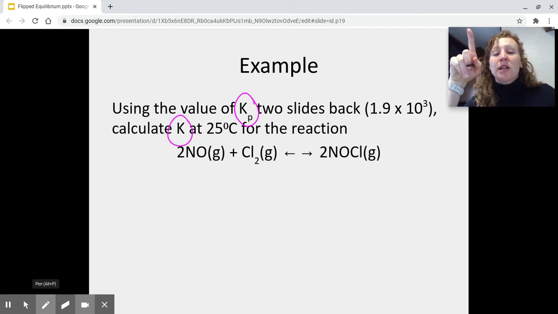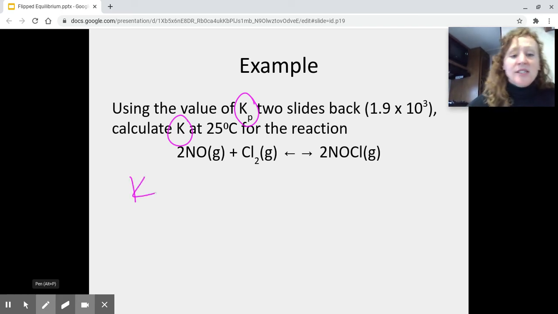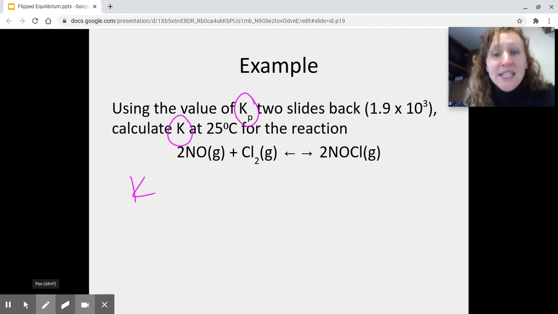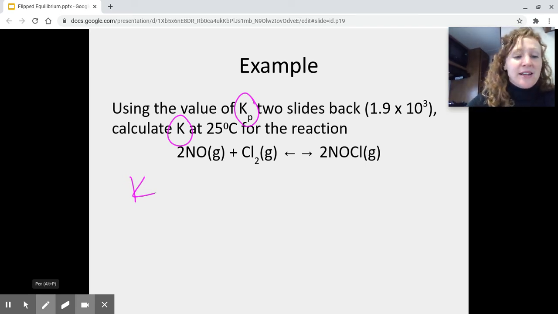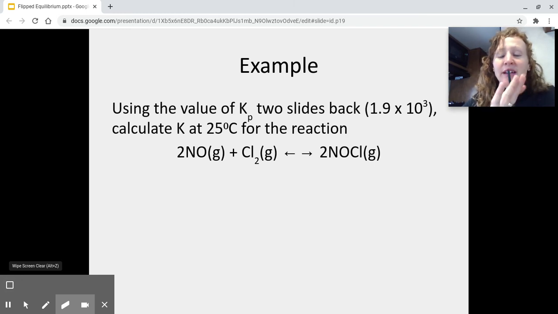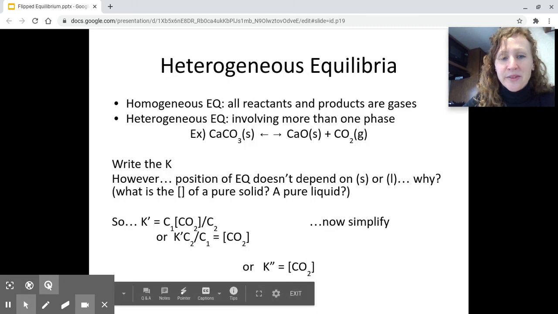So notice, before we even begin this, if they list K, they just say, write the K, write the equilibrium constant. They are referring to the one in terms of concentration. Kc is kind of your default. So if they don't specify which one they want, it's the one in terms of concentration. All right, this would be a good example to try your hand at, and when we come back together, we'll do this one together as well. Can you calculate between the two now that we have the relationship? Okay,